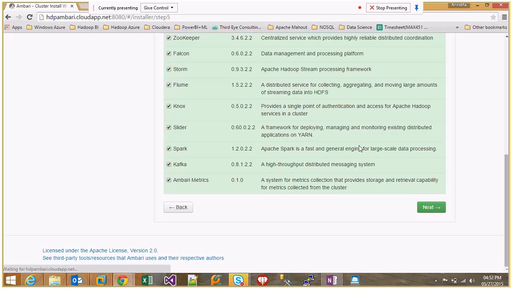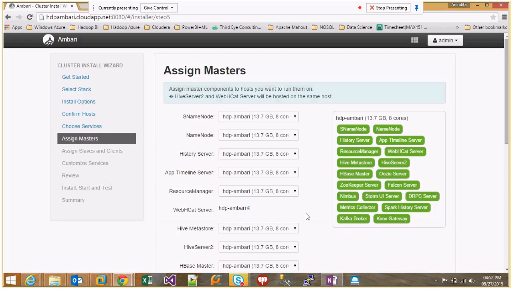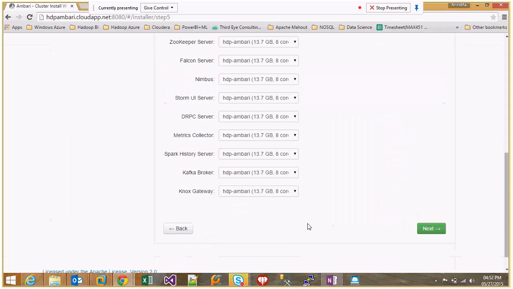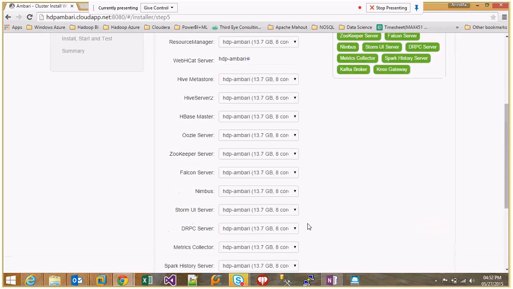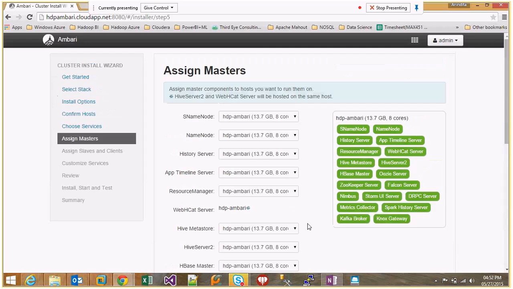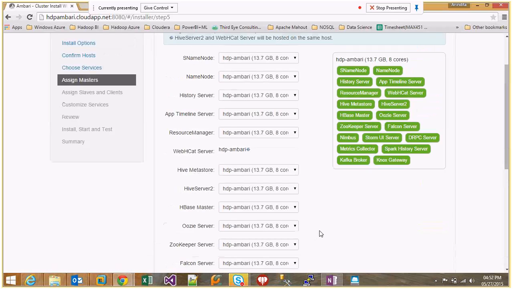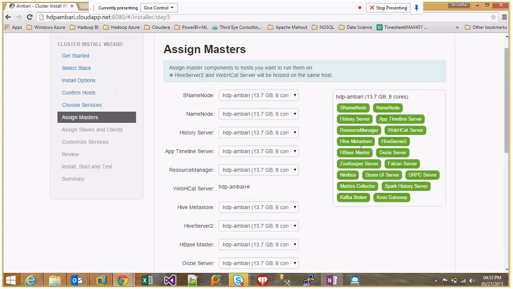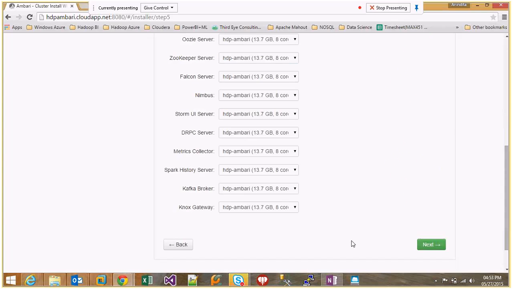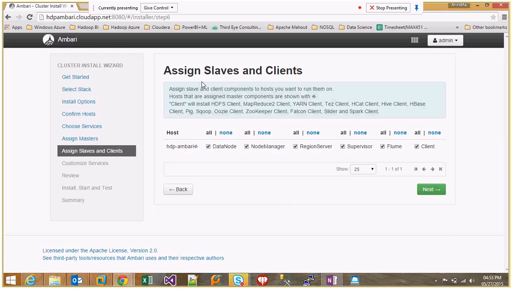So we can go ahead and provision, because anyway I'll go ahead and deploy HDP 2.2.4, and for the rest it will by default select the node. If you're going for multi-node clustering, it will by default select in which node the master services would be assigned. Since it's a single node, all the master services would be assigned to the single node itself, and I'm clicking on next, and here we'd assign the slaves and clients, the individual